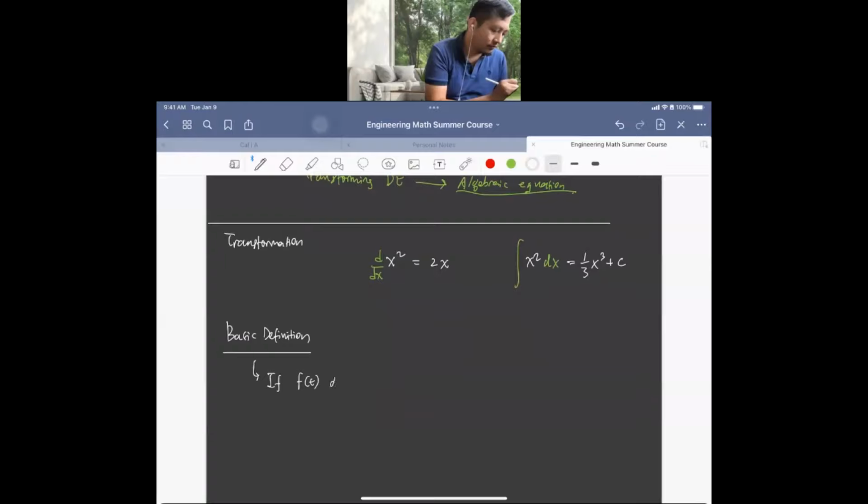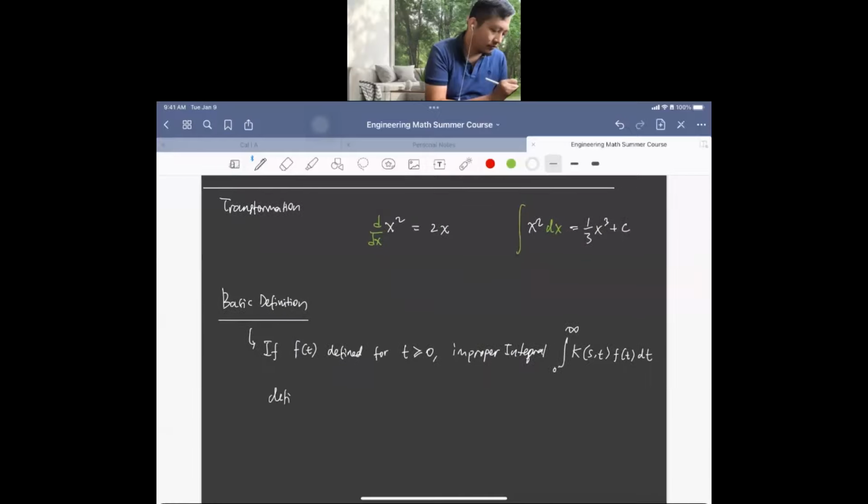If we have a function of t defined for t greater or equal to 0, an improper integral from 0 to infinity, let's say some k of two variables s, t, times the function of t, dt. Okay, let me write again this integral of k(s,t) f(t) dt equal to the limit,